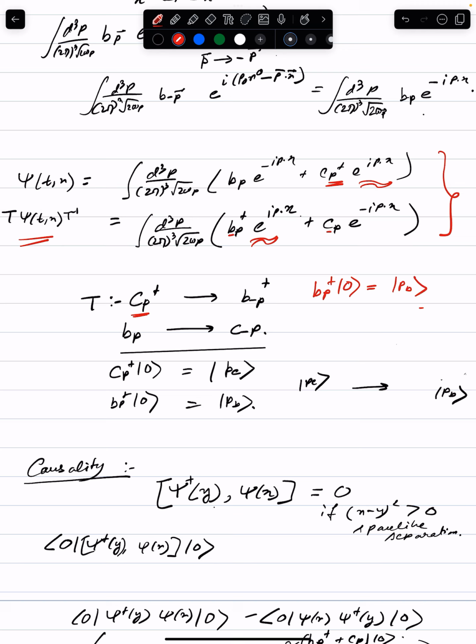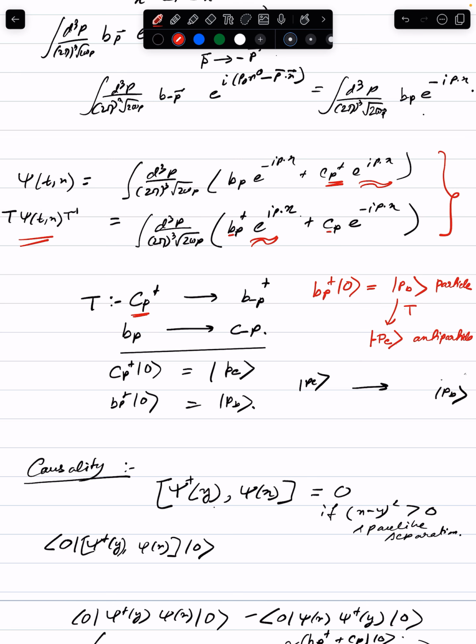This is a P particle, and under time reversal, this becomes a... ψ_P dagger goes to C of minus P dagger with a minus sign. So this will become a C particle with opposite momentum, which means this was a particle, and time reversal makes it an antiparticle moving in